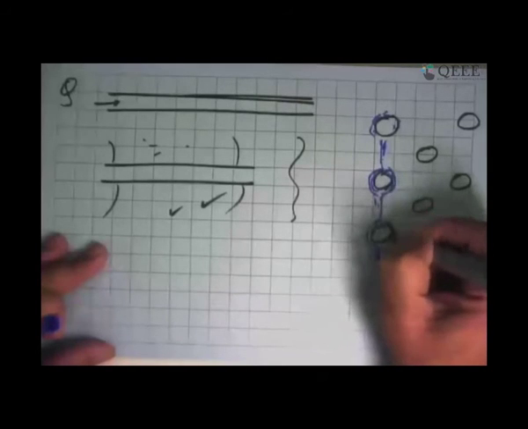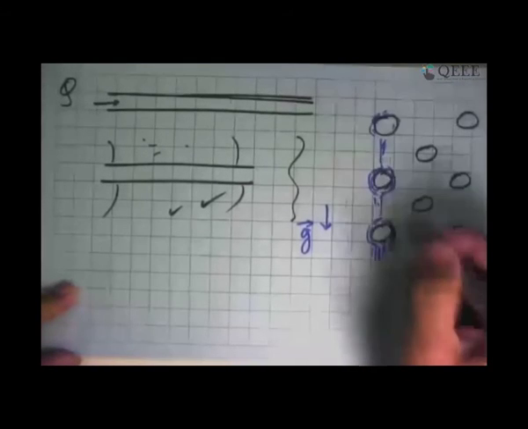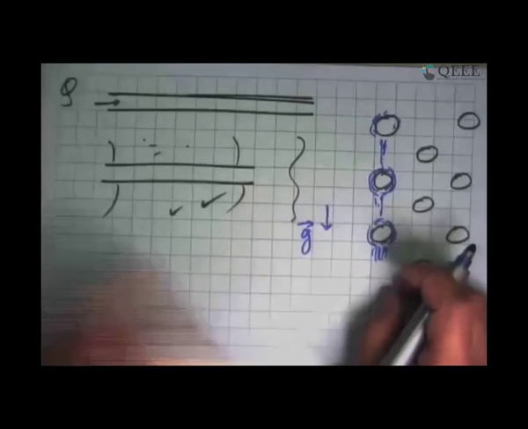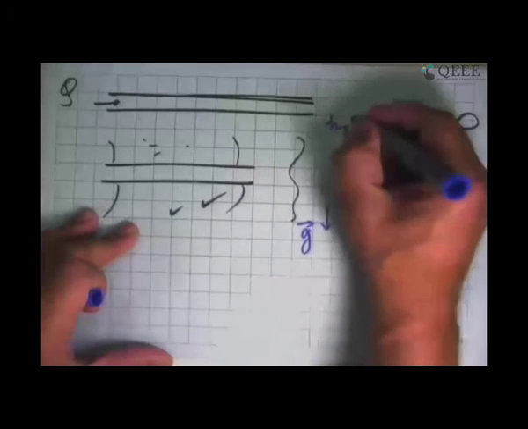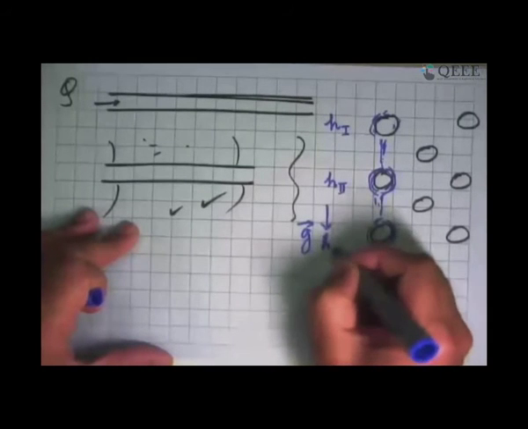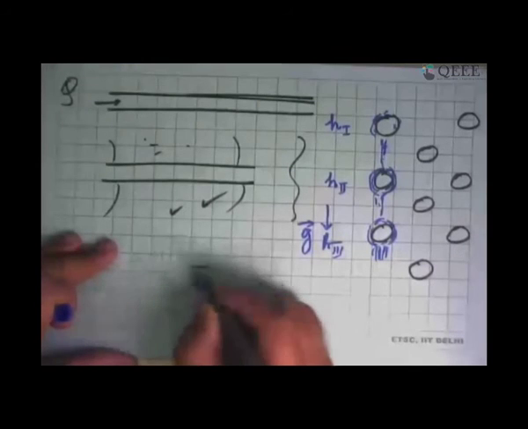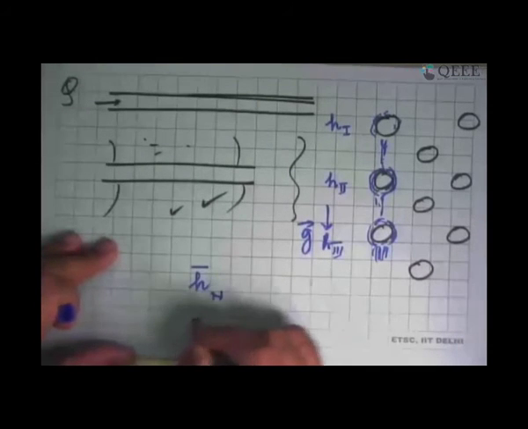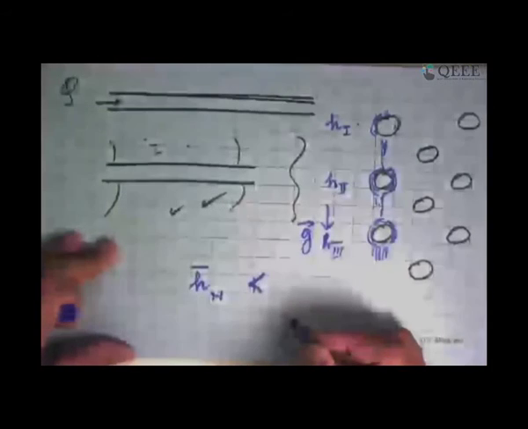down. What was happening is that as you go down, and remember we are going down because gravity is playing here, as you keep going down, the thickness of the liquid film on the tubes keeps increasing. That means the average heat transfer coefficient of the first row, this is very high. Highest, the second row will be even less. The third one will be even less. And if I take the average of this average heat transfer coefficient for a large number of tubes, it will be less than what was there on the first tube or the second tube.